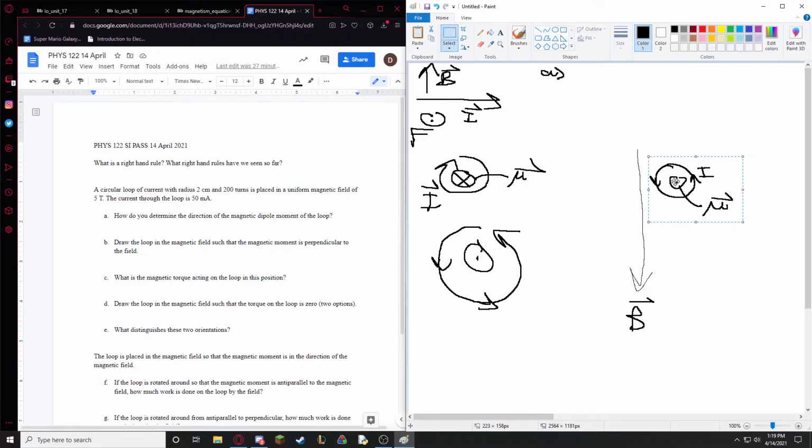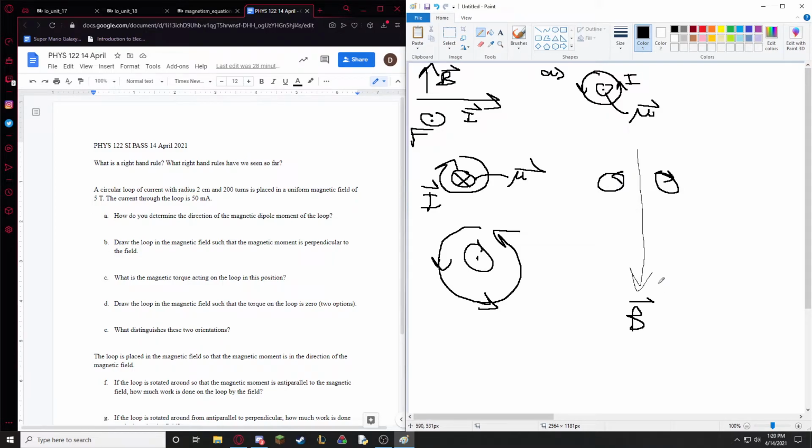Exactly. That means your current would be pointed towards the left, and then when you rotate I to the left side, you get your magnetic moment pointed out of the page. Can't you also have your current pointing to the right, or clockwise in this case, and then you have your magnetic moment pointed into the page? Yep, exactly. We could have our current clockwise, we could have it counterclockwise, and then we could also, for example,